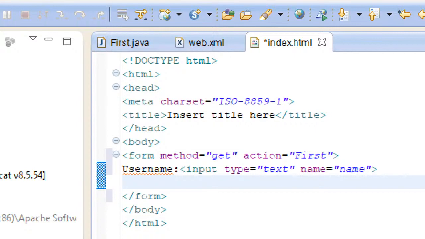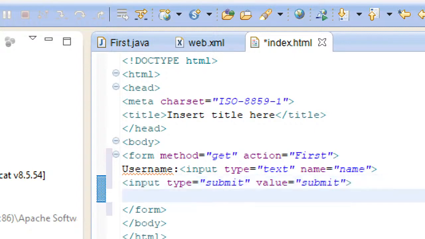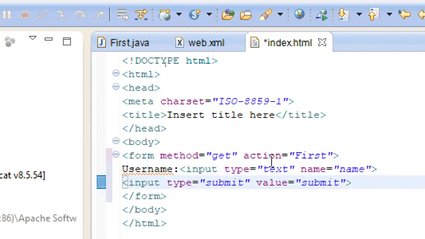Okay, let's just stop here for understanding only how it will be navigated. Now let me just give a button, input type equal to submit. Then we have to give the value of the button. What should the button contain? So value equal to, again, submit. Then close this, and then anyway the form is closed already.